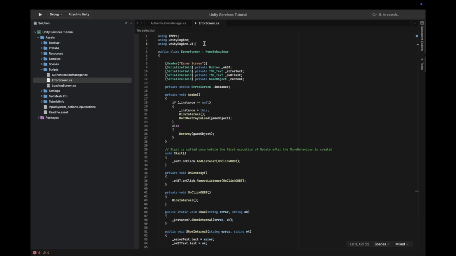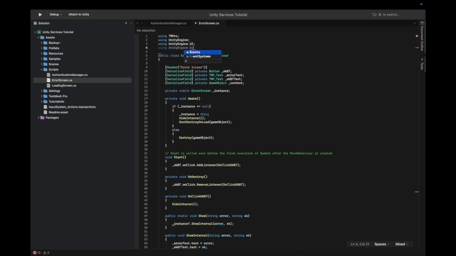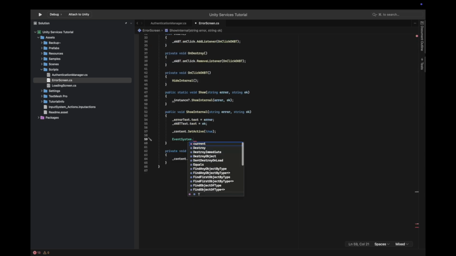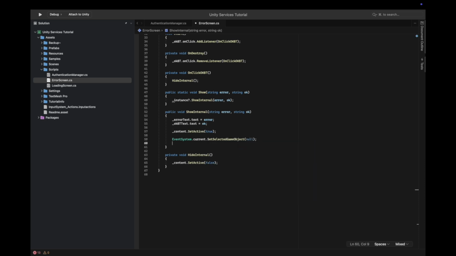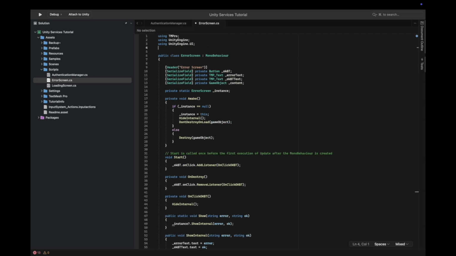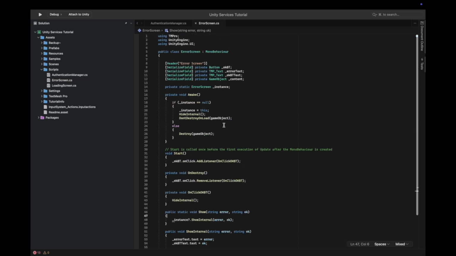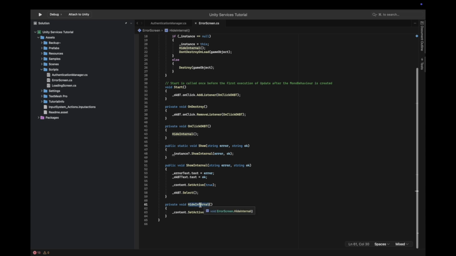Similarly, we need to use UnityEngine.EventSystems, and from the event system's current we can set selected game object to null, and then set one of the buttons. I'm just going to use OKButton.Select. That's much easier. We don't even need to use that namespace then. Okay,